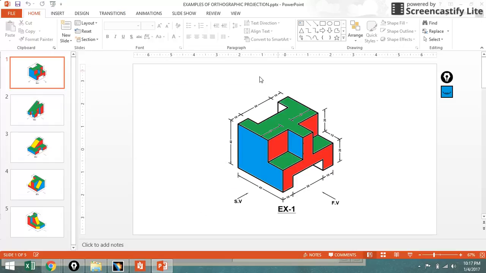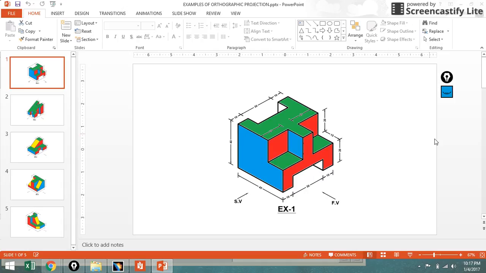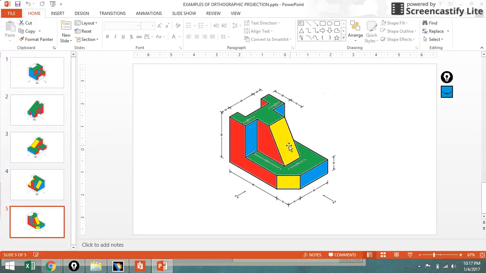Now, in detail, these are just arrayed in a PPT with different colors to make you understand. For example, if I take this particular view, if I'm seeing from the front, all the red area is a front view, and if I'm seeing from the top, all the green area is the top view, and if I'm seeing from the left, the side view will be all the blue area. So, in this way, we try to give different ways to understand, but unfortunately most of the people are really confused to see how these views look